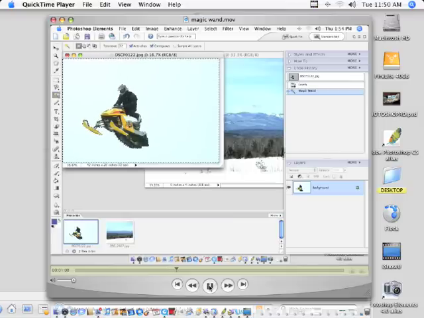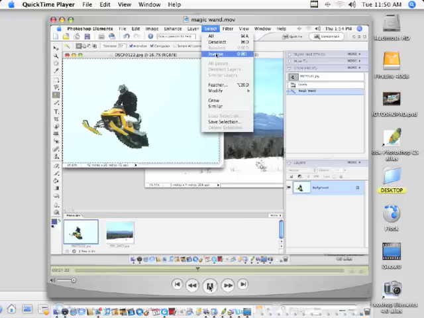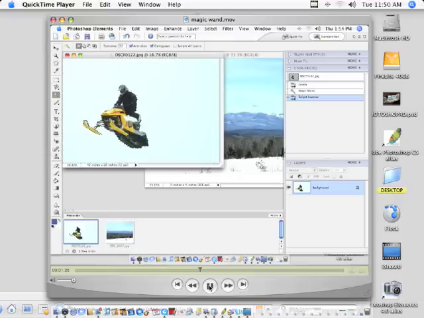But right now, where the marching ants are, they are on the outside of him and all around the outside of the image, so it is selecting all this white area. I want to actually turn it around and select just him. So we go up to where it says select, and I'm going to hit inverse. So now he is the only thing that has been selected. And this application works really well when you have this type of situation where you have all of one color that you can easily select and get it right out of the picture.